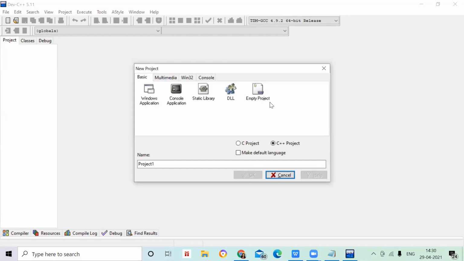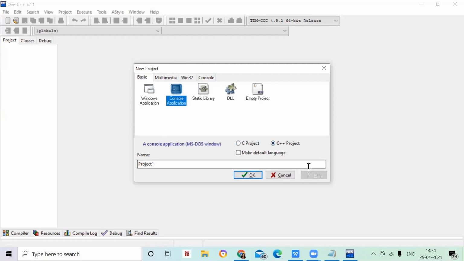Here we will select Console Application. If your program is a C project, then click on C. If it is a C++ project, click on C++ project.